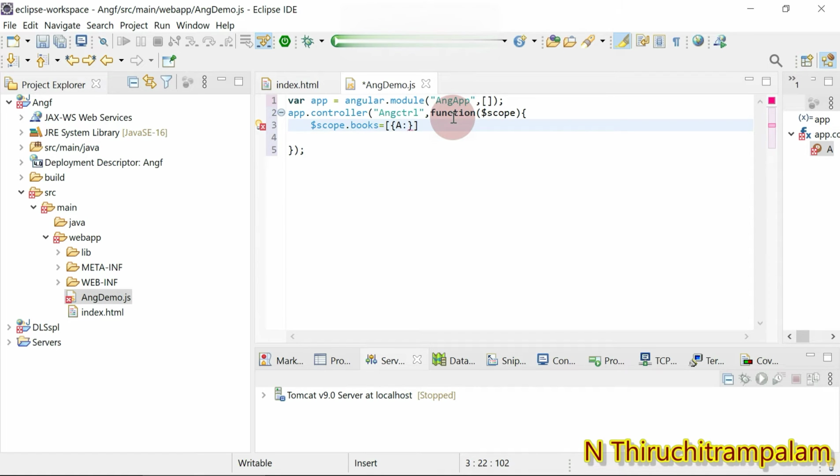The key is name, colon, and the value for this is History of Tamil Nadu, okay.